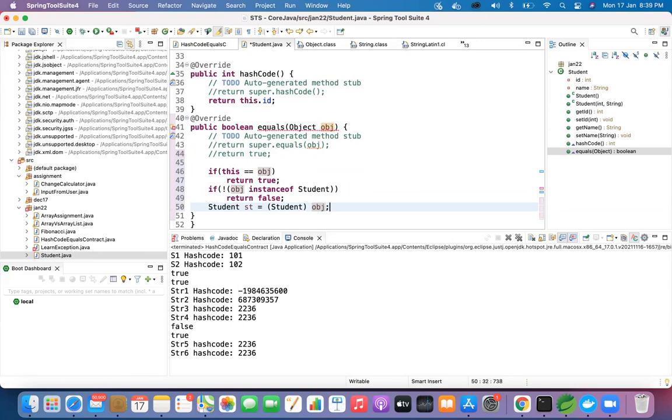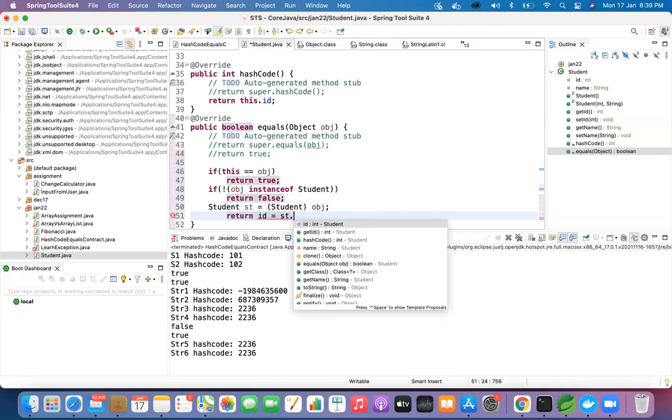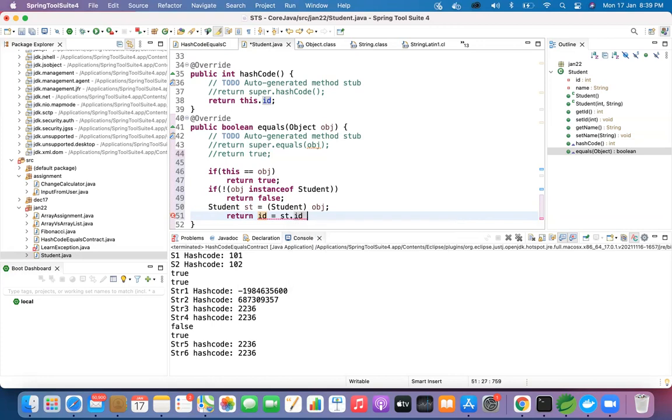Now, after this, give return id equal to st.id and, there's one more class called Objects.